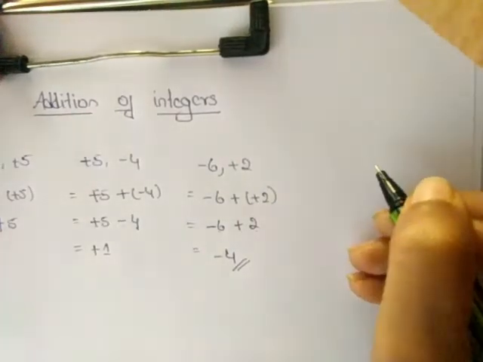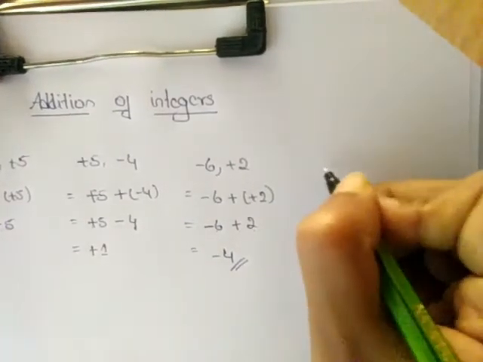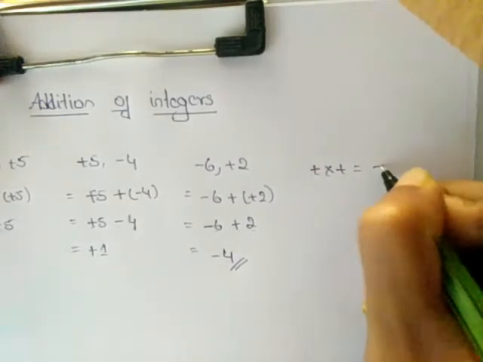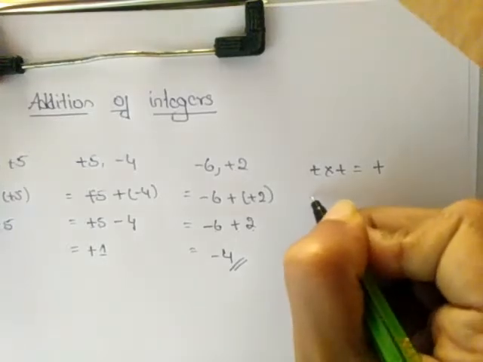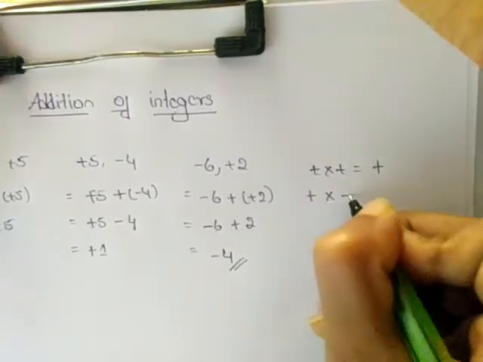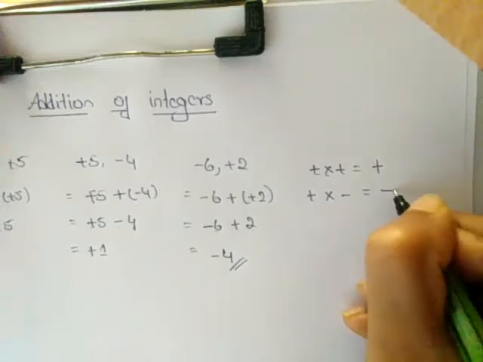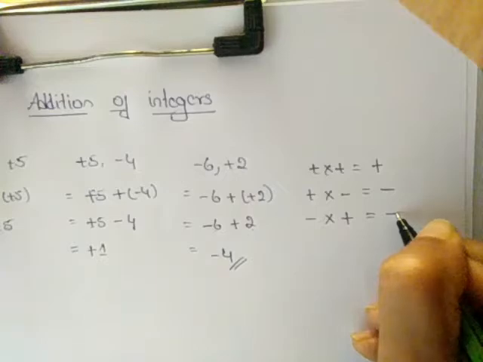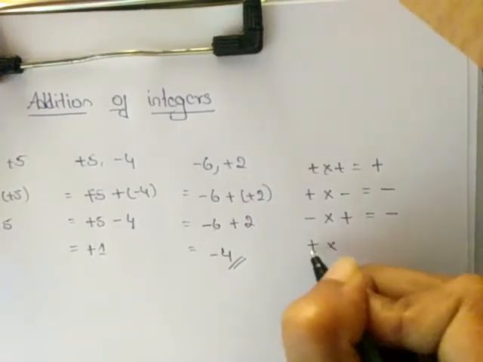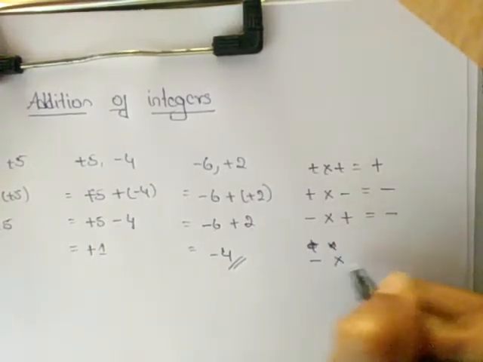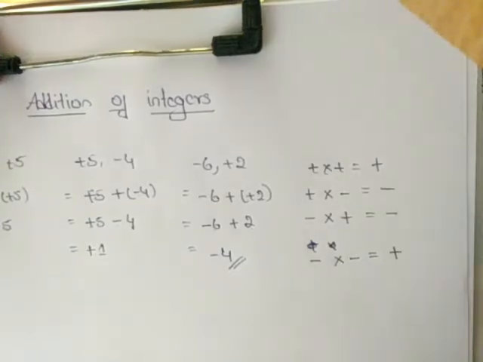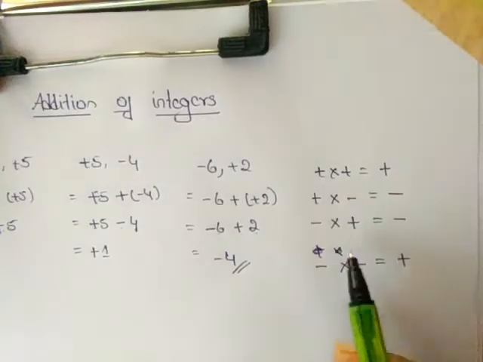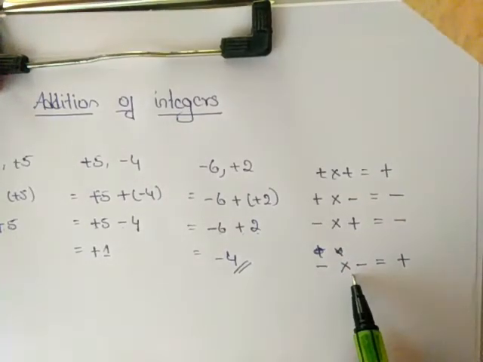That tricks are about multiplication of two signs here. Then plus into plus is always equals to plus. Then plus into minus, it will be always equals to minus. And minus into plus, it will be minus. And minus into minus, it will be plus, right? Then please remember this trick, so it will help while calculating.